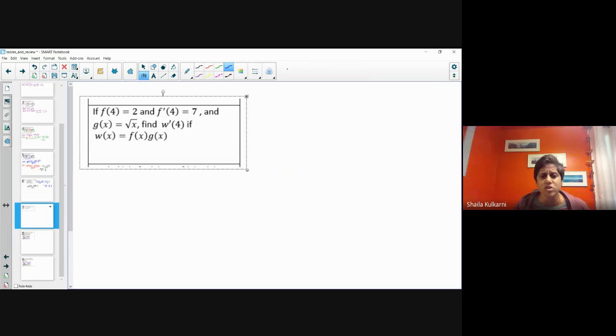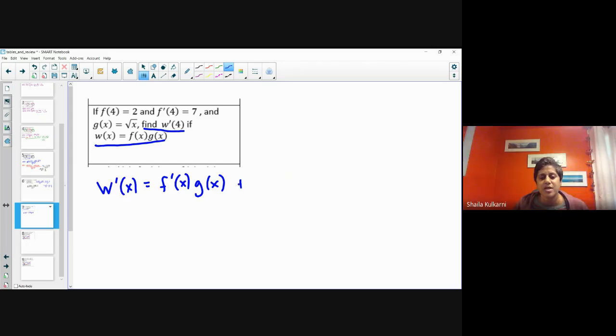Oh, I have f of 4 equals 2, f prime 4 equals 7, g of x is the square root of x, find f prime 4. Okay, there's my command. Find w prime 4, excuse me, if w of x equals f of x times g of x. Aha! So I have to do the product rule. So w prime x says take the derivative of the first function, leave the second function the same, plus keep the first function the same,